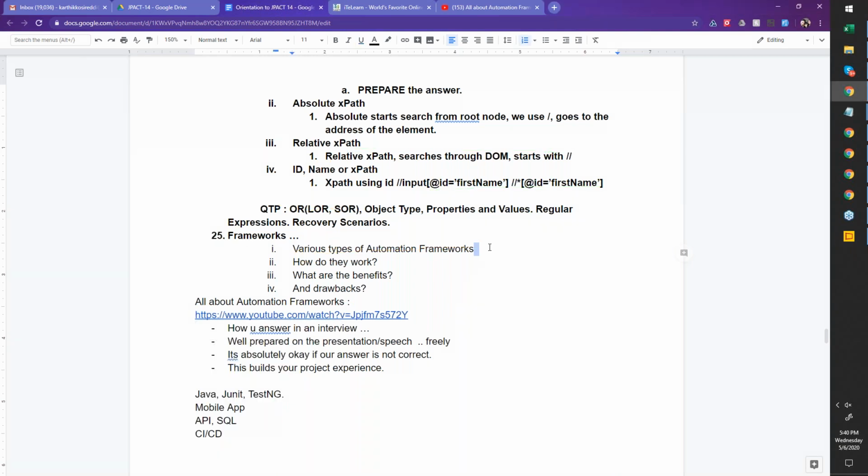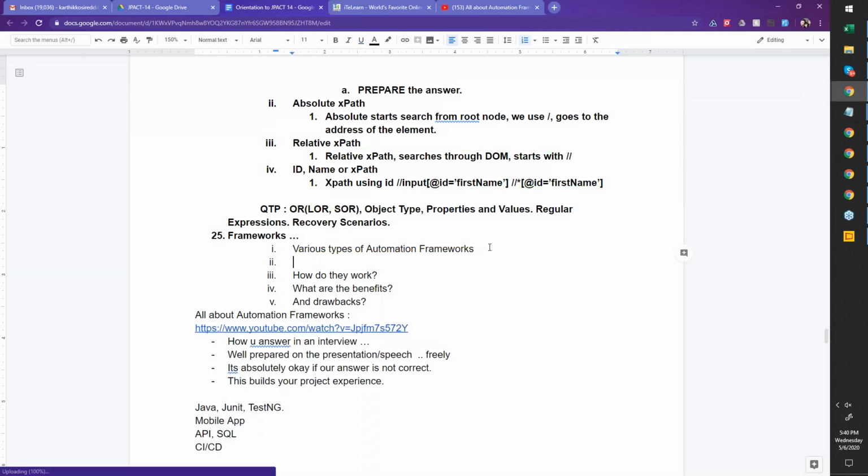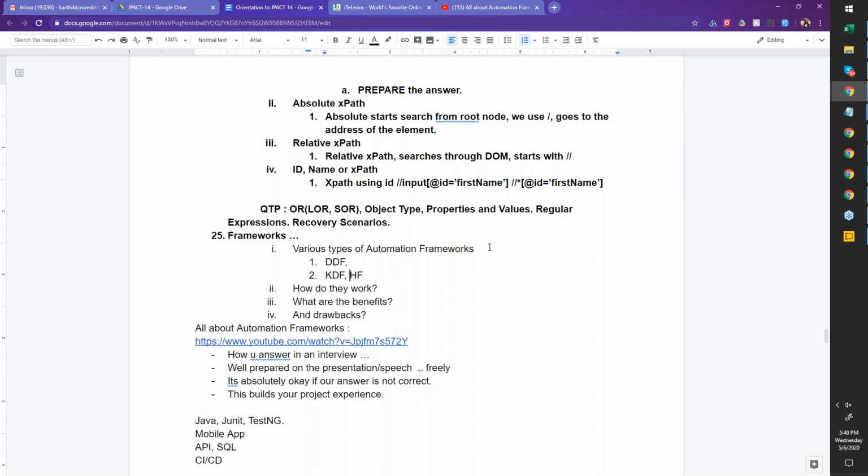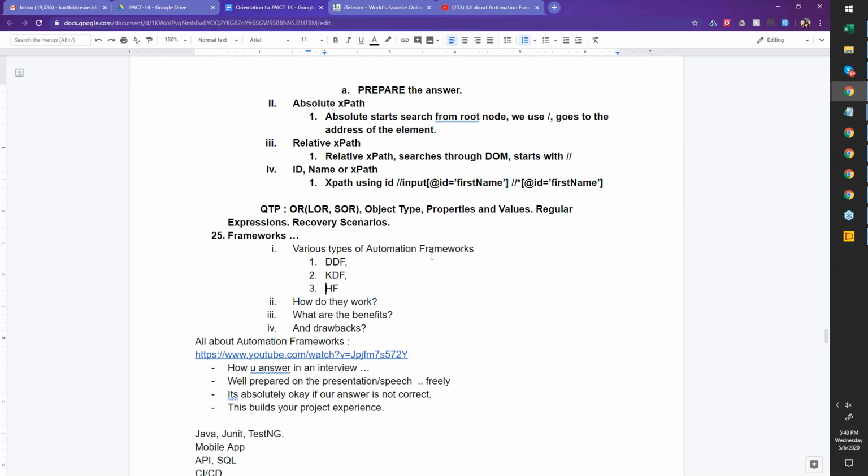Data-driven framework is when we want to use different sets of data, we maintain the data in external files like an Excel file, and you can use the data from the Excel file. That is a data-driven framework.